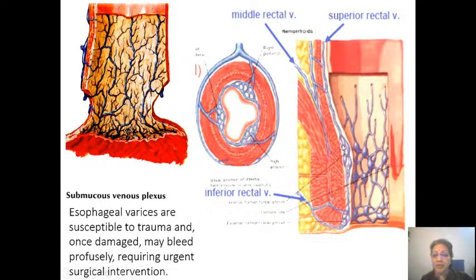This one becomes so big that it'll become bigger and bigger, and under gravity and under push of the feces will start hanging out of the anal verge and becoming visible outside, in which case that is called a hemorrhoid,